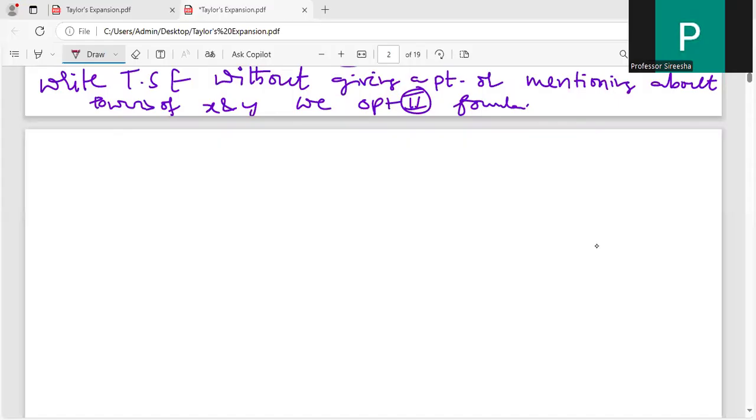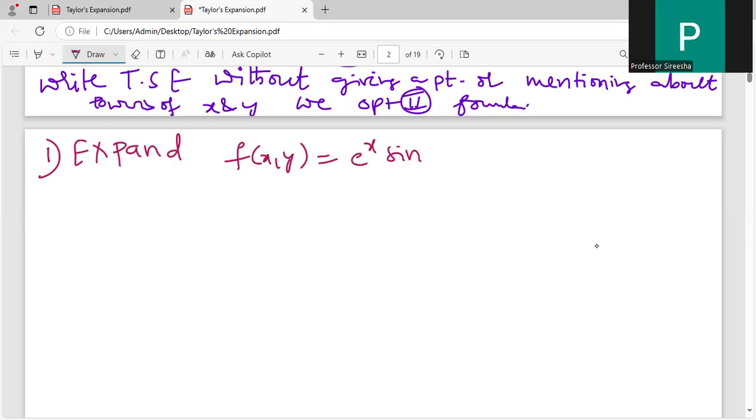Okay. In continuation with the previous video, I would like to explain one problem on Taylor's expansion. Suppose you have been given a question like: expand f of x comma y is equal to e power x sine y